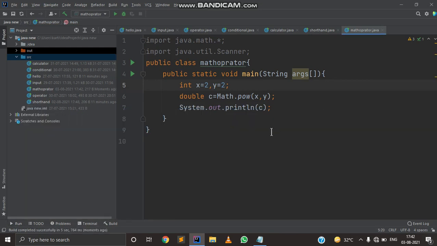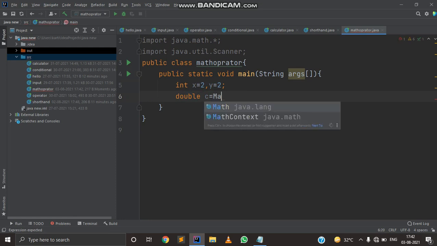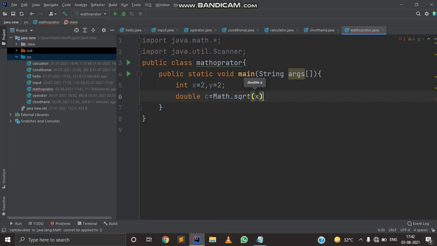Now I'm going to talk about Math.sqrt. Math.sqrt gives the square root of the number given by you. So I am going to give Math.sqrt, and the return type of sqrt is double. Now in place of 2 I am going to write 9 and the answer will be 3.0.